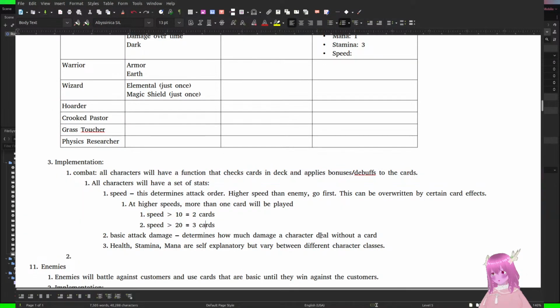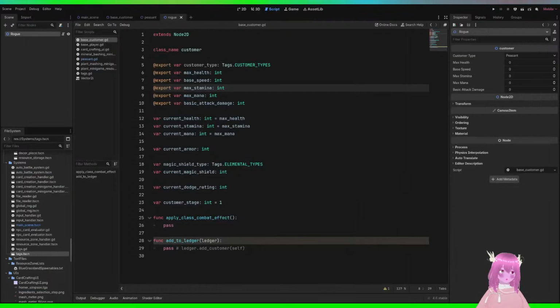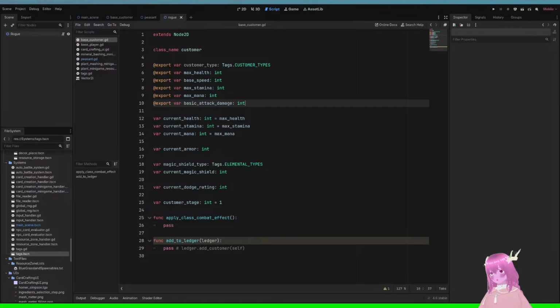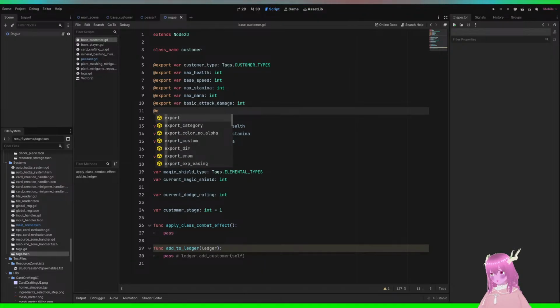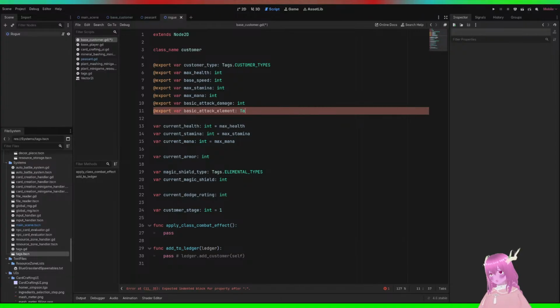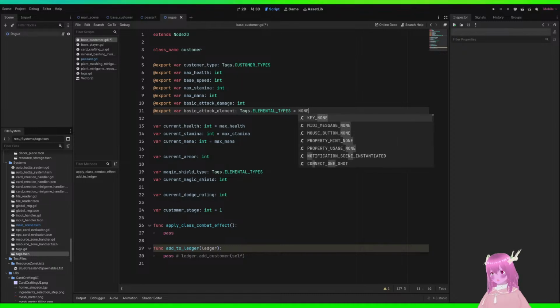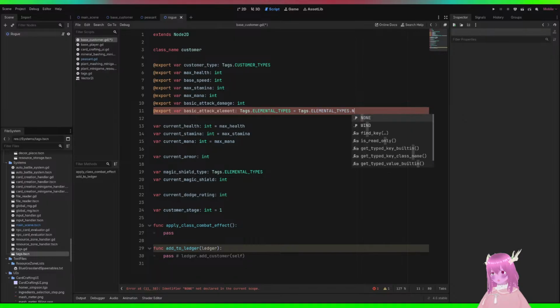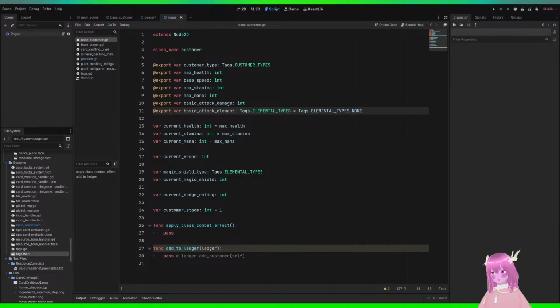Anyway, oh yeah, in here, there's something I forgot actually. At export var basic attack element. This will be a tags elemental types, and it will start as none. The generic one will be tags elemental types none.